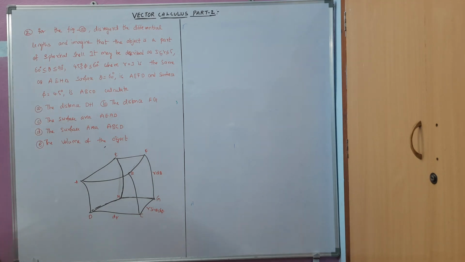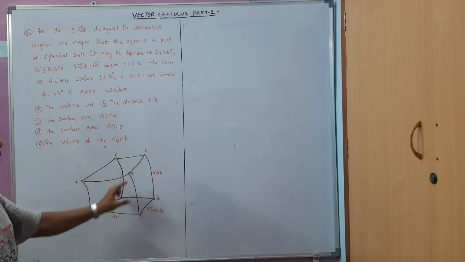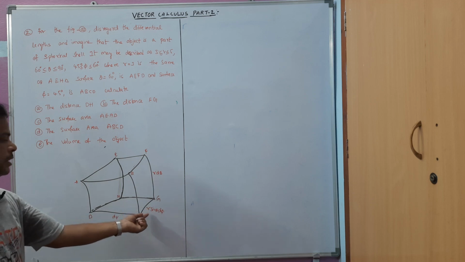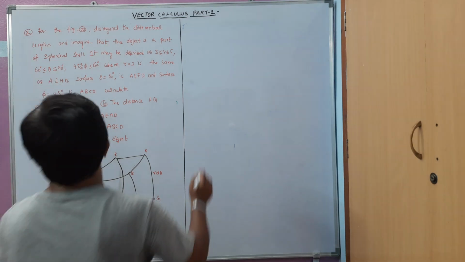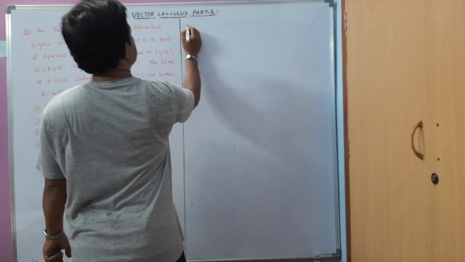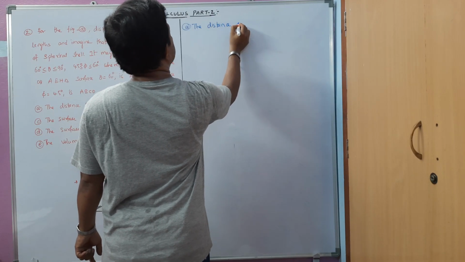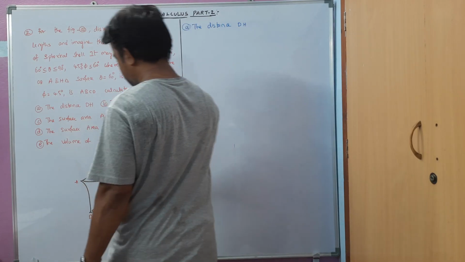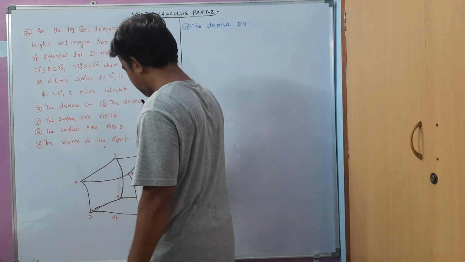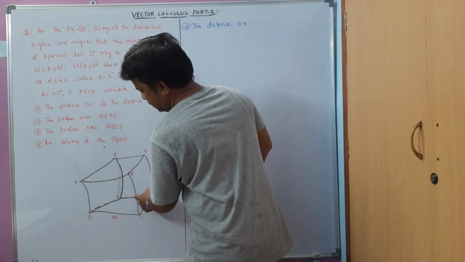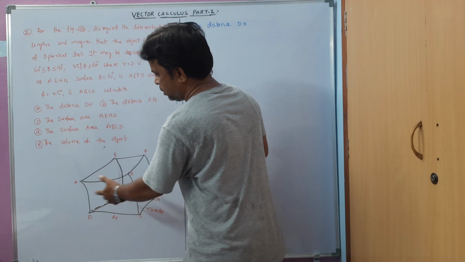Now let us do this problem one by one. This is the question that has been given. This is a shell which has these particular quantities: R d theta, R sin theta d phi, and dr. Now let us take the first problem, the distance dh. So the distance dh from here to here is R sin theta d phi. If you see, these sides are parallel, so hope it is clear.